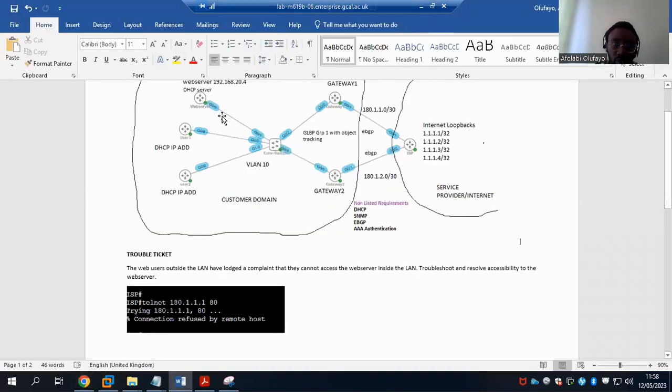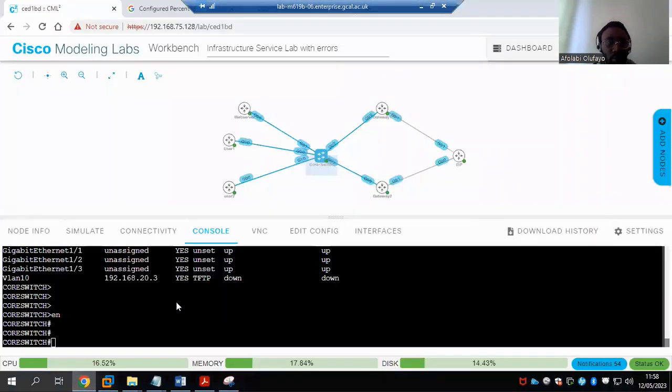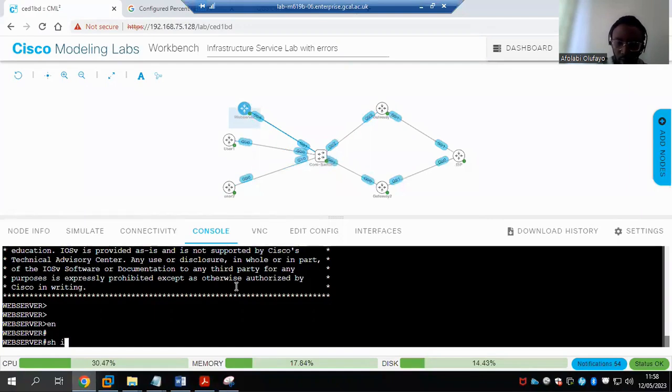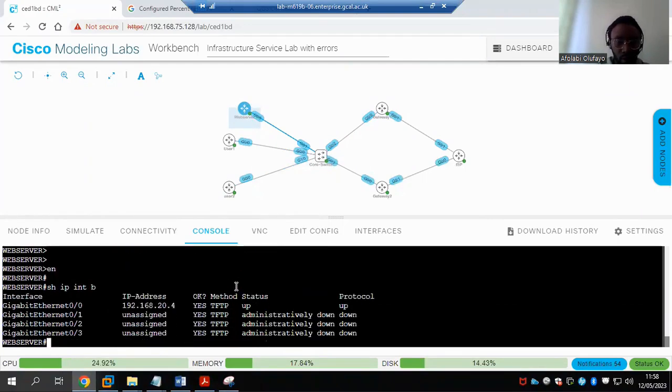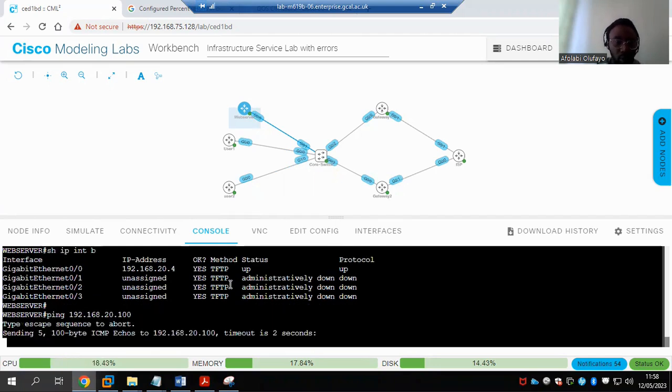So I'm going to trace from the web server to the switch, to the gateway, and to the ISP link. And here I have the web server checking. Okay, the IP is fine. Okay, so pinging is not successful.